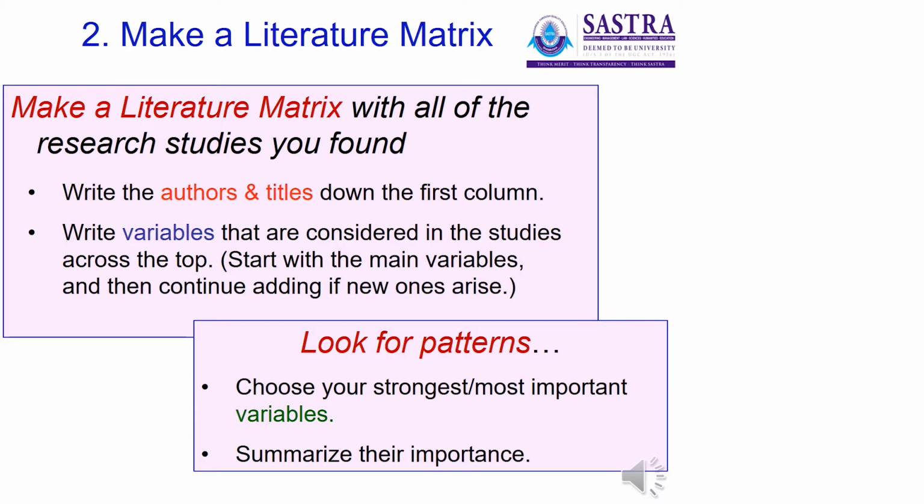So as usual, write the author and title down the first column, and write variables that are considered in the studies across the top. Start with the main variables and then continue adding if new ones arise. And I was mentioning to look for patterns. This is very important for any researcher because tomorrow